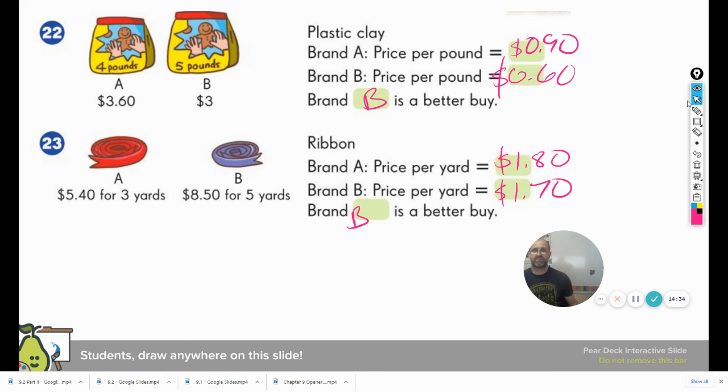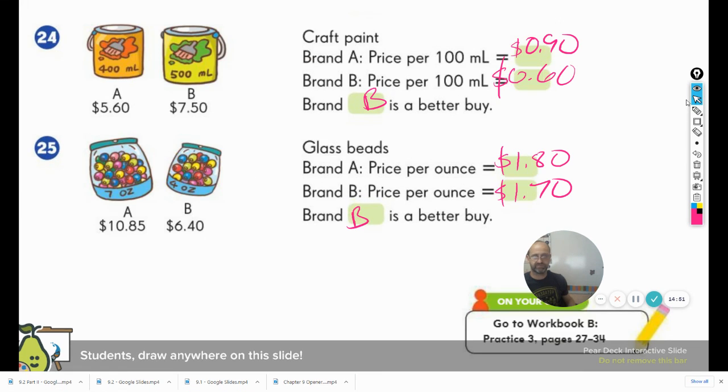All right. Price per pound for A, $3.60 divided by 4 is 90 cents. For B, $3 divided by 5 is 60 cents. B is the better buy. This one here, $5.40 divided by 3 is $1.80. $8.50 divided by 5 is $1.70. B is the better buy. Unless you don't need that much, but